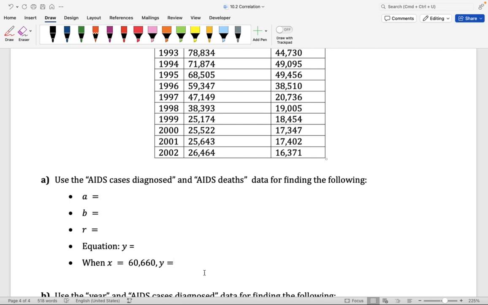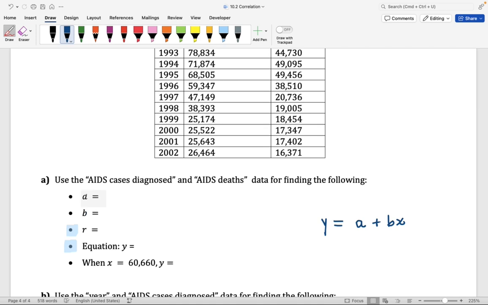We're going to be looking at the data coming from the variable AIDS cases diagnosed and the variable AIDS deaths. We're going to be creating a scatter plot with these 2 variables, and we're going to be finding the correlation coefficient, and we're also going to be finding the equation of the regression model. Recall that the regression model equation is of the form y equal to a plus b times x. So if you find a and you find b, you should be able to write the equation of the regression model. Now, recall that your b value is the slope and the a value is the y-intercept.